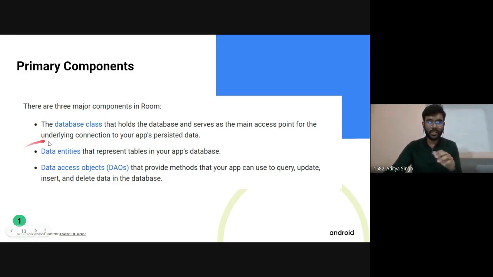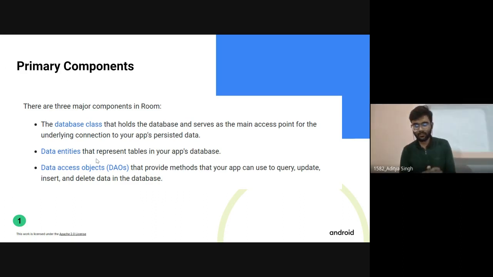Now let's talk about data entities. You can say data entities are basically model classes with a little bit of modification. We write an entity annotation for converting our model class to a data entity. It is basically the same. When I give you the live demonstration, you will understand better how this works. And lastly come the data access objects.